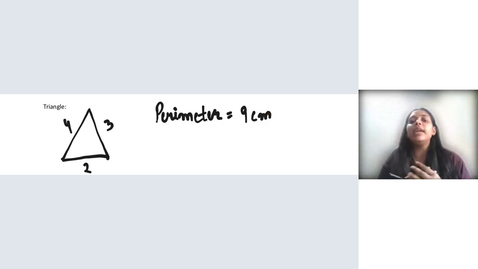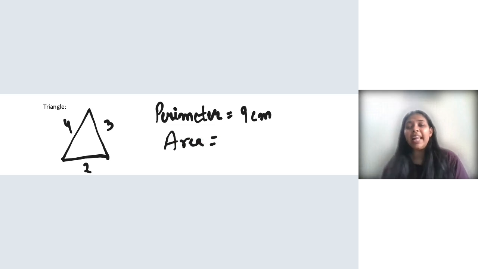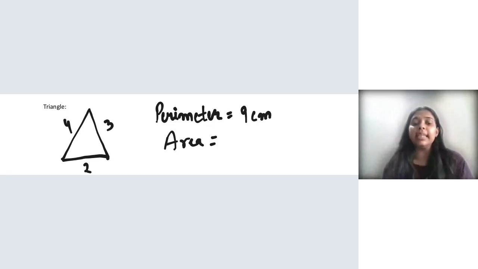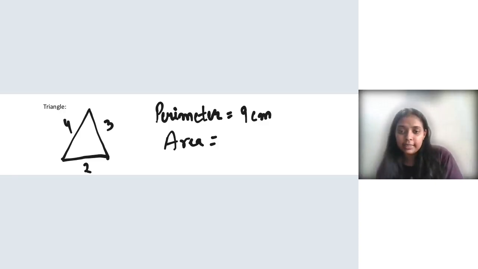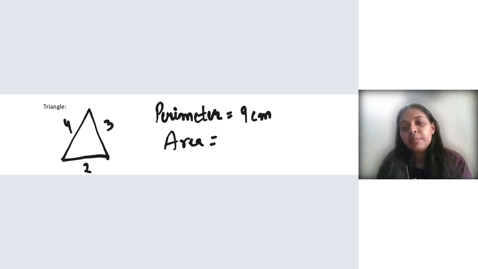Okay. Now let's talk about the area. Now, in a triangle, we find area a little differently. Why is that? Because see, we have three different sides. We have 3 sides and all the sides are different. When we had a rectangle, we had 2 sides same. When we had a square, we had 4 sides same. So we multiplied any of the 2 sides and we got the answer. But in this, all sides are different. What will we do?